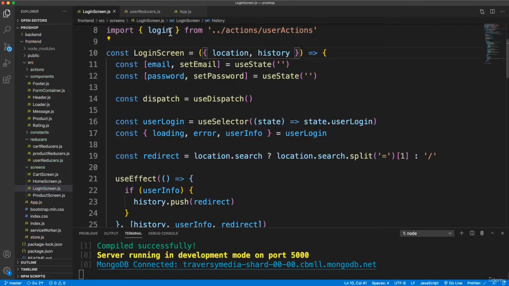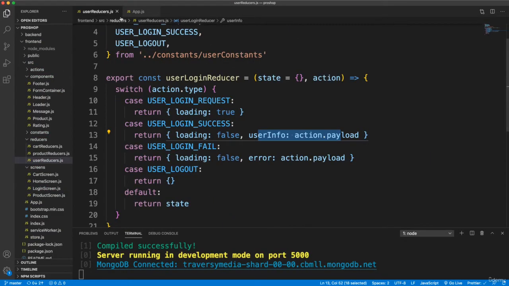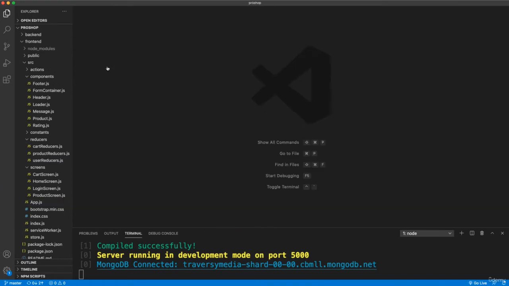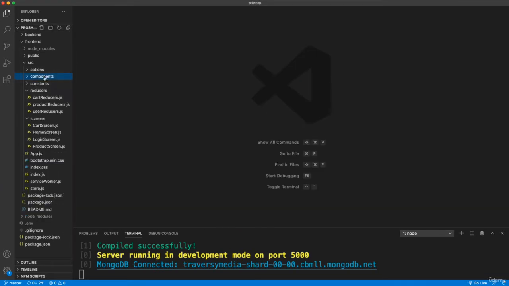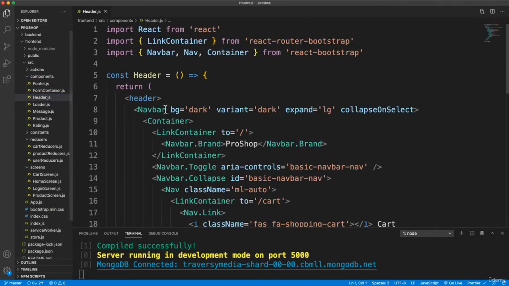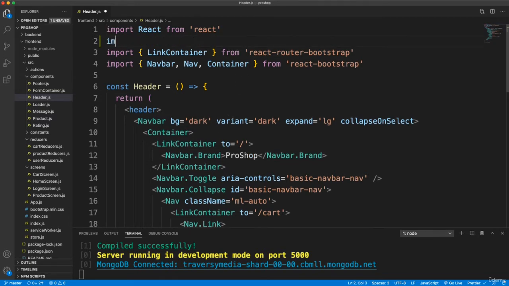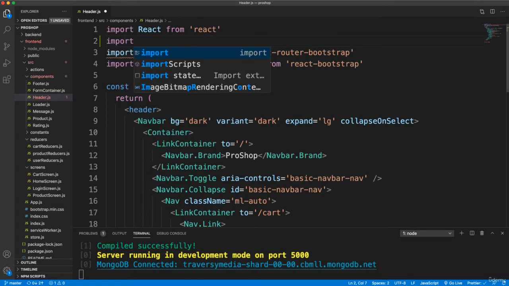So let's go back in, let's close up login screen. We can actually close all this up. And let's go into our components and our header.js. So this is where our navbar is. Now we're going to have to bring our user login state into this component. So remember, whenever we want to bring in anything from Redux state, we need to bring in our use dispatch and use selector. So let's say import